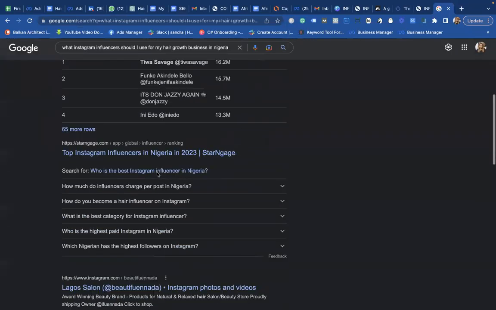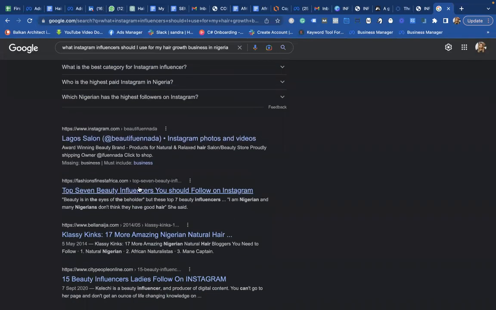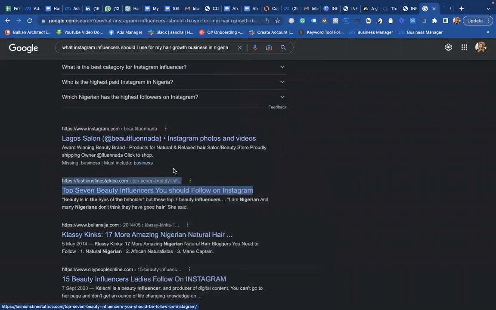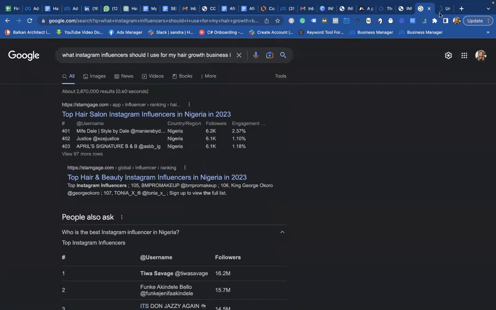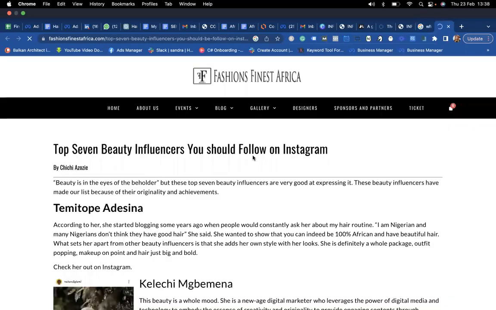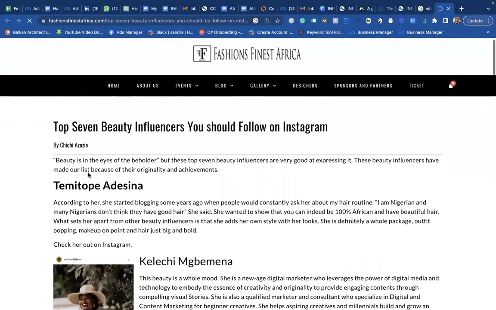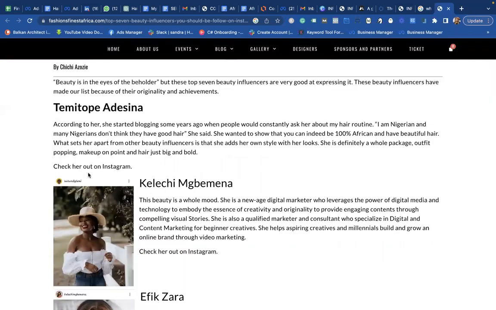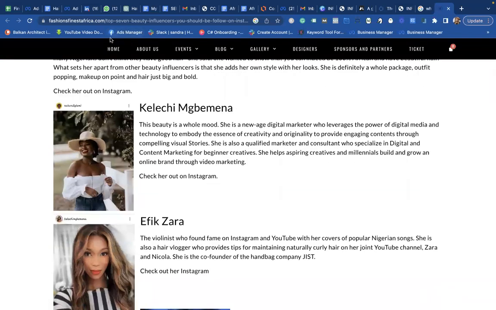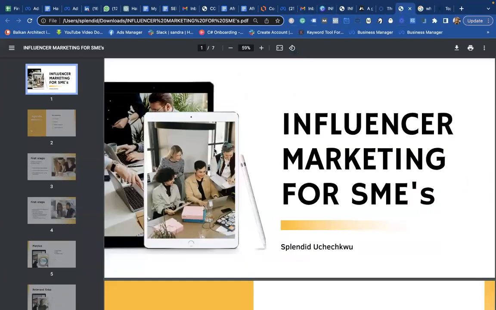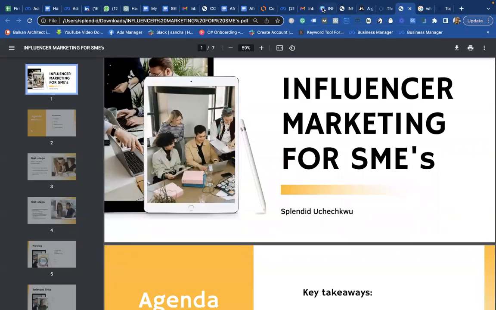Okay, so this might not give me exactly what I want, but you have to keep changing your search terms to suit. Note, it's not like you're trying to use what Google is giving you. It's just a very good start for direction's sake, okay? So if I'm looking for anything in terms of beauty influencers, this is ranking, and don't forget, anybody can own a blog. The person you're seeing here might be the one that wrote this herself. But when you check 2-3 options of Google search, it will give you a little guide as to where to start from. So I think that might answer the question of where do I even start from, right?